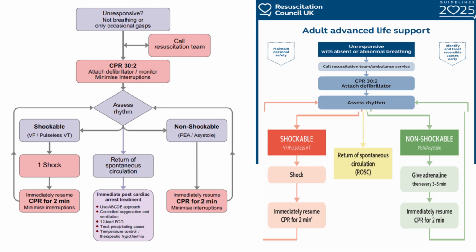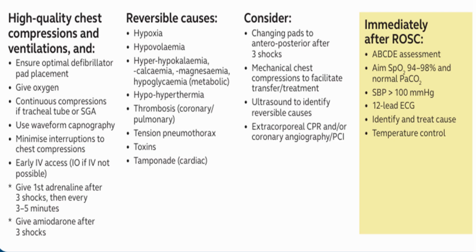While each cycle of CPR is ongoing, you are assessing for the reversible causes, the 4 H's and the 4 T's. 4 H's being hypoxia, hypovolemia, hyperkalemia, hypocalcemia, hypomagnesemia, hypoglycemia, hyperthermia, and the 4 T's, thrombosis, coronary or pulmonary, tension